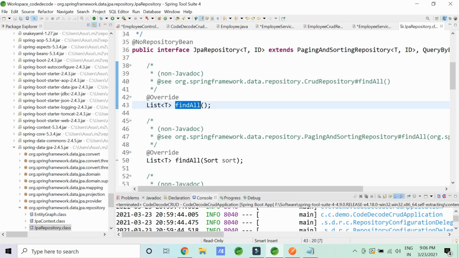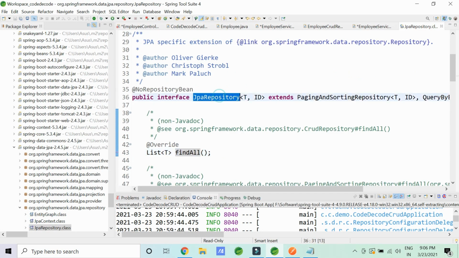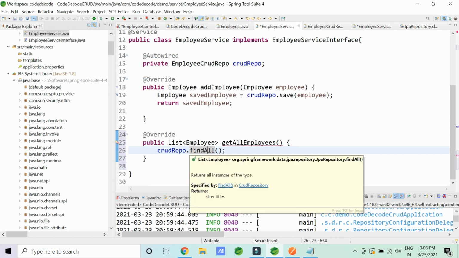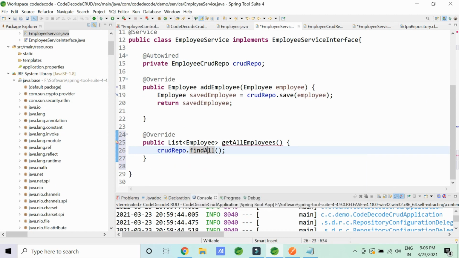I have already shown you this particular method, right? So let me quickly go into it. I have already shown you JPA repository, and findAll is the existing method. So doing the findAll, it is going to find everything and return me a list of employees. And its return type is also list of employees. So can I write return? Simple. Can I return the list of employees as soon as I get it?